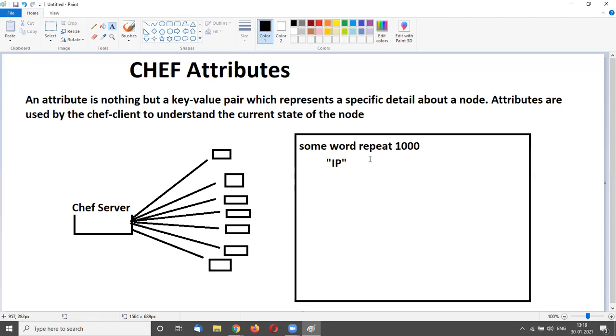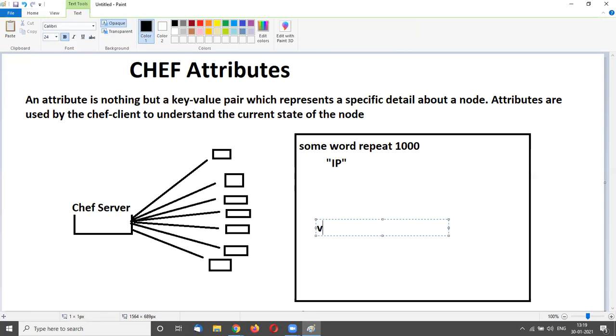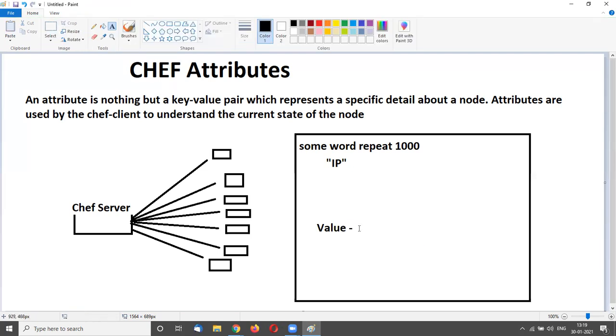I do not repeat the same thing 1000 times. I only change the value. I set the value, and it is automatically pulled. So that's why we need key value pairs. It works for all machines.